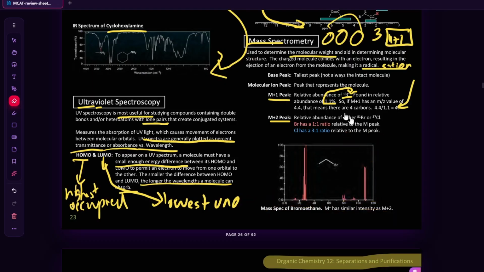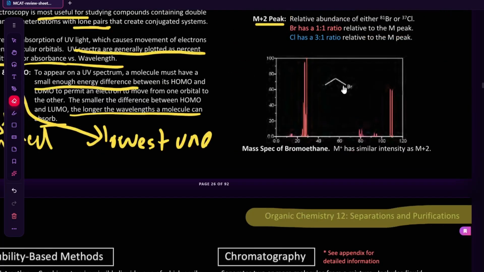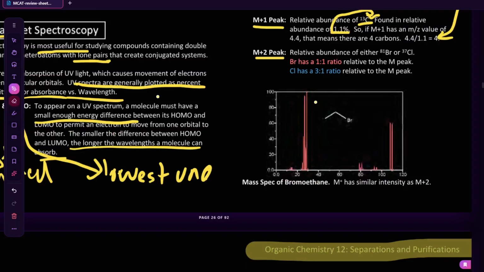So I just wanted to go over this a little bit more for anyone that still finds it confusing, because I know not everyone is a straight numbers person. Look at the chart. You have two axes, the y-axis and the x-axis. The first thing you need to do when learning new charts is understand what those axes are actually labeling. So the x-axis is how heavy the fragment is. It's mass divided by charge, and since almost everything here carries a charge of +1, you can read it as the mass of whatever piece of the molecule made it to the detector. And then the y-axis is the relative abundance,